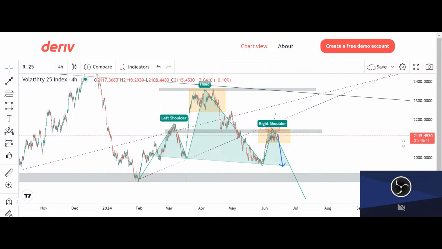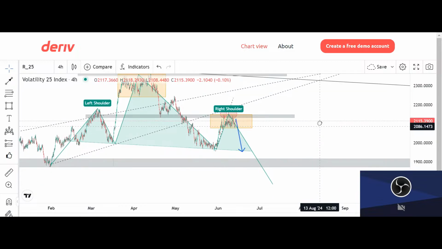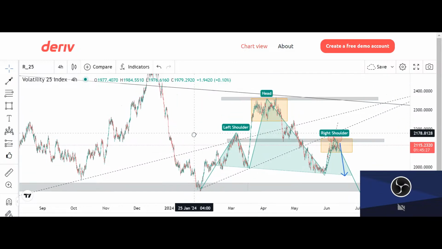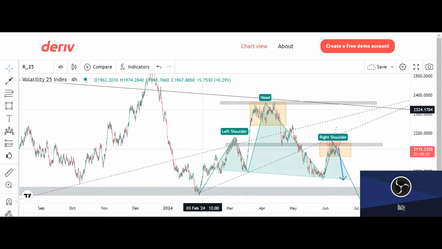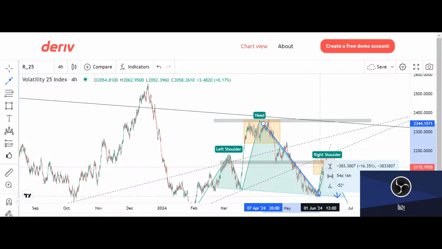So if price decides to come down, it would have formed a head and shoulders, which will make us want to go down even more, telling us that we're just in the downtrend, even though we didn't have the previous data. Do you understand? So you see how we're analyzing that, okay, possibilities exist that possibly we're still in a downtrend. So if that's the case, if we do come down, break this level, we have V25 going